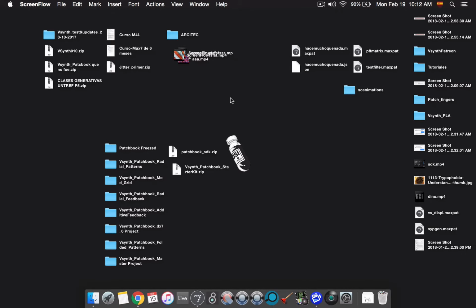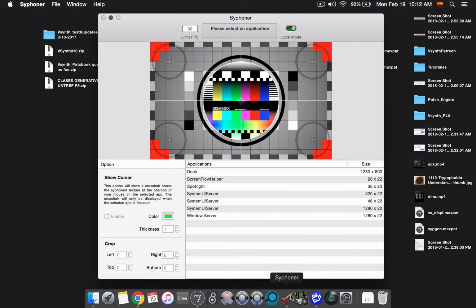Hello everyone. Today I'm going to teach you how to have your patch over your visuals using a simple chroma key technique and the Siphoner application. So let's get started. If you download Siphoner, it's a free app that lets you share as a Syphon texture